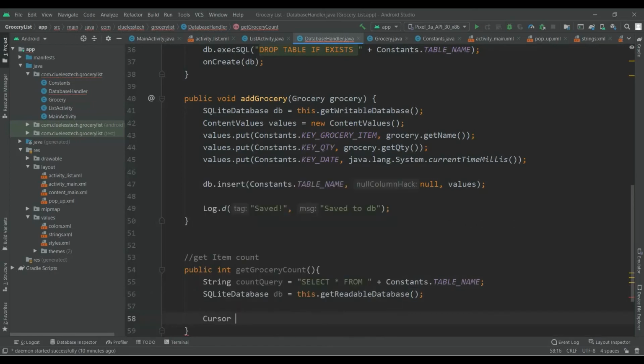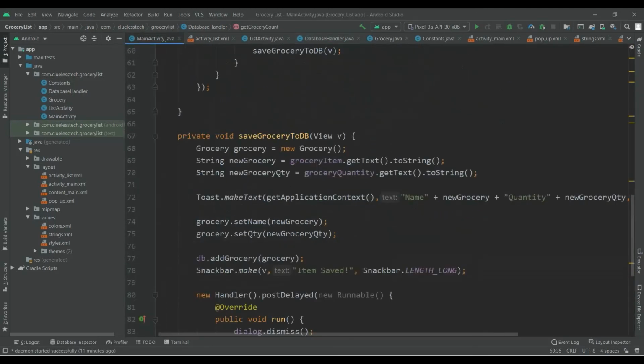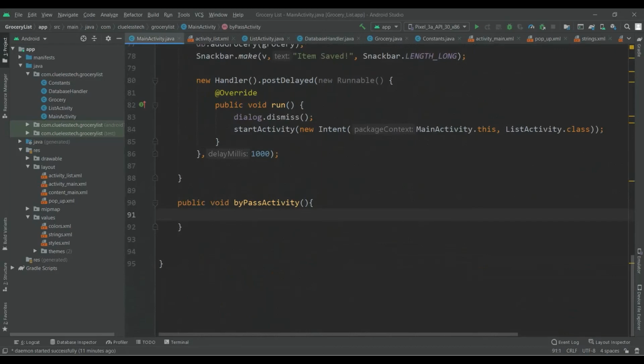Now Cursor cursor is equal to db.rawQuery. Okay, this will query the records, and now we will return cursor.getCount. Okay, so it will return the number of records. Now let's write inside this byPassActivity. If db.getGroceryCount is greater than 0,